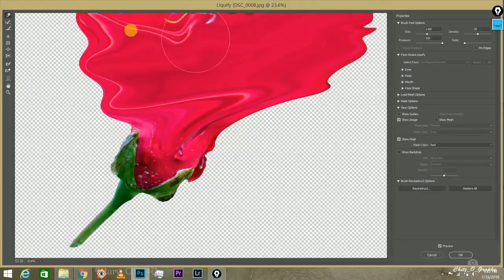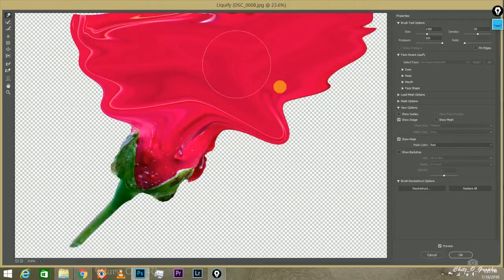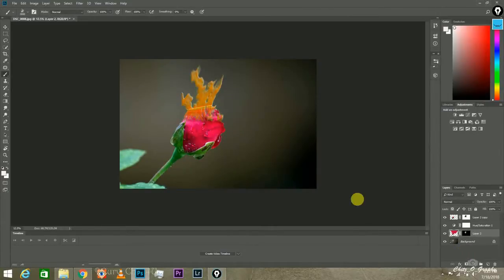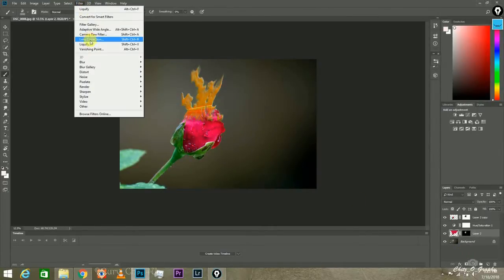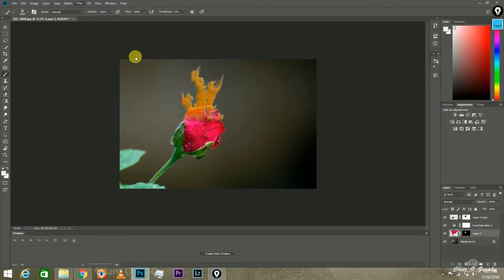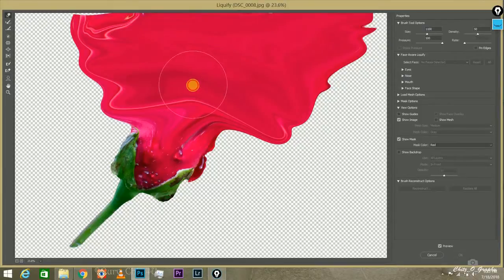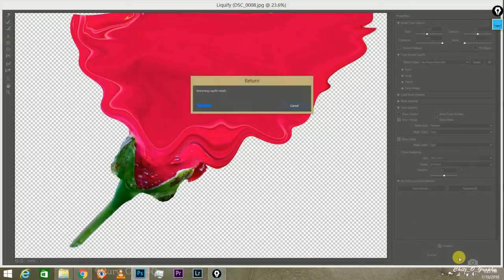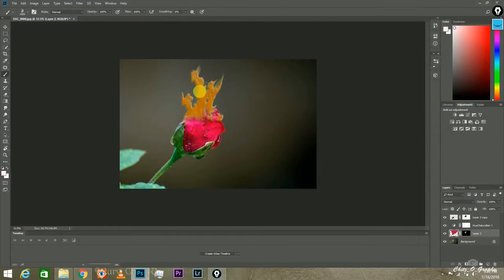We have to apply liquify carefully because this will show in our fire brush. There is a small line, we need to clarify it again. So select liquify and then correct it again. We need to apply smooth liquify for that, so I am correcting again and again. So this is the final result.